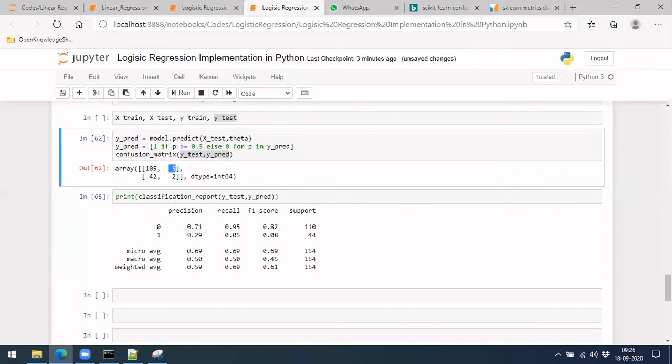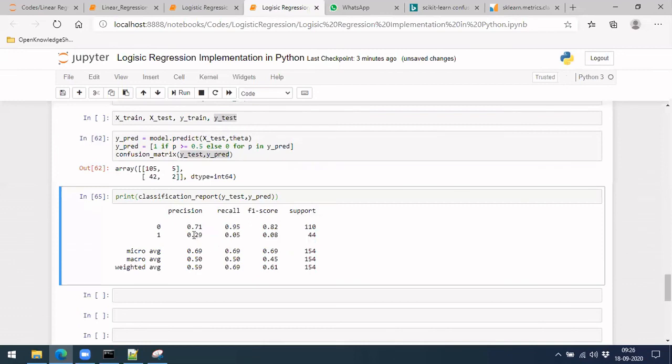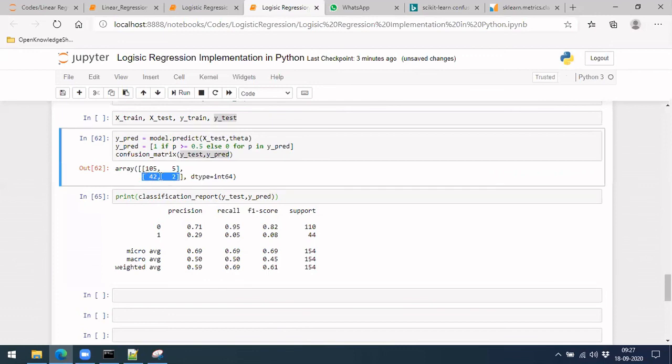Similarly, if you take class 1, it is very poor, it is not doing well here. Precision is just 0.29 and you have recall as this one. This is because out of 44 class 1s that you actually have, only 2 are being detected here.